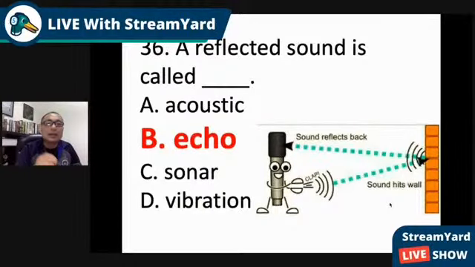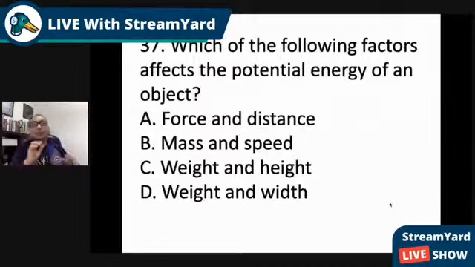Affects the potential energy of the object. Okay. Remember, in problems like this again, if you don't know the factors or you're not so sure of it, go back to its definition, go back to the concept, or go back to the equation. Ano bang equation ng potential energy? Mass, mgh, mass times acceleration due to gravity, or g, times the height of the object, perpendicular height with respect to, well, if it's on Earth, to the floor, no? So, well, to the level, to the sea level.